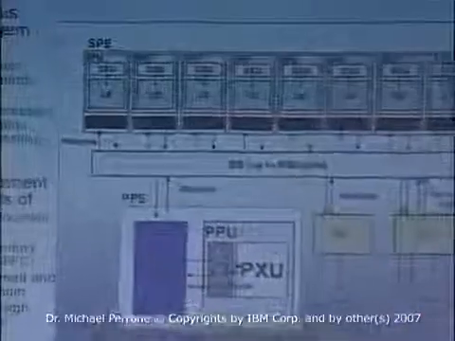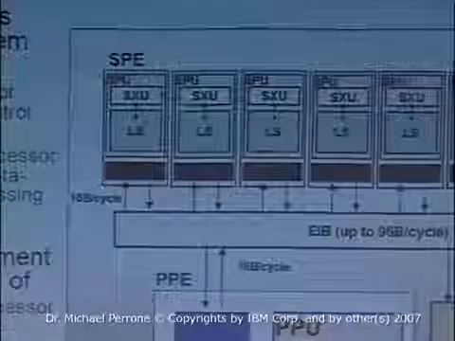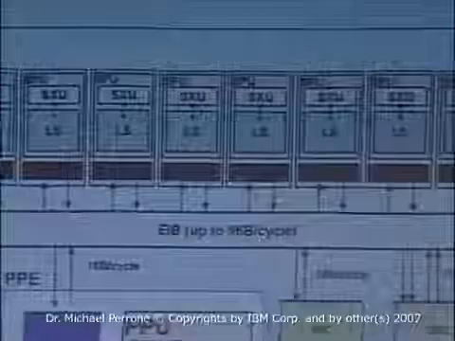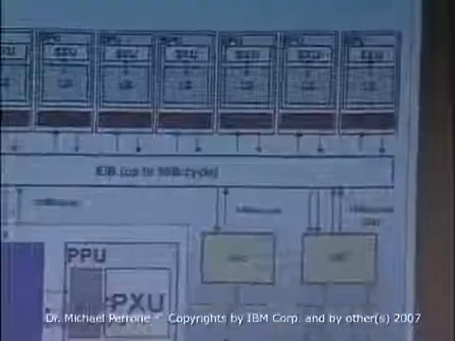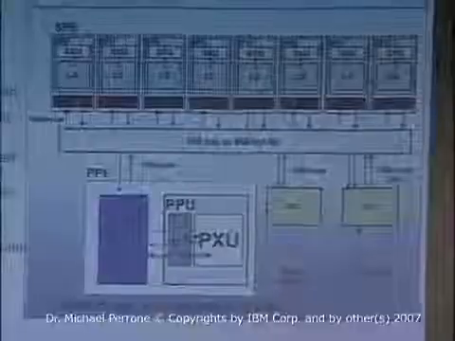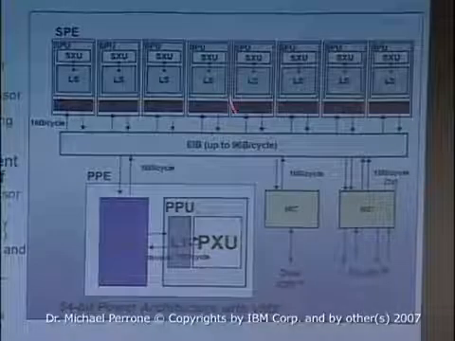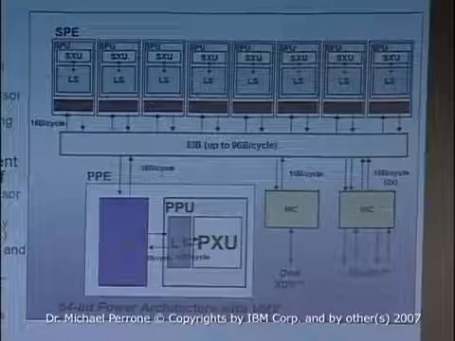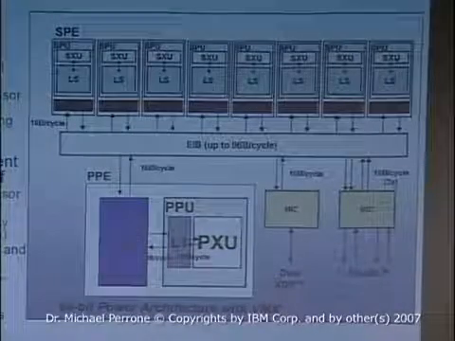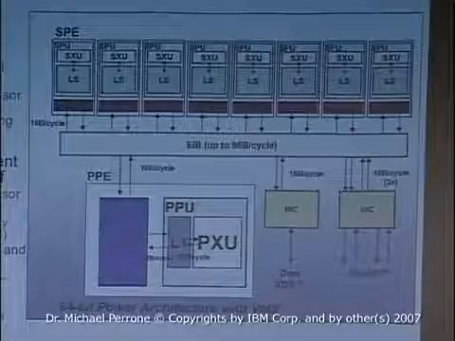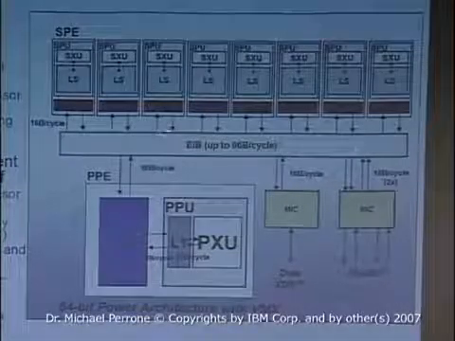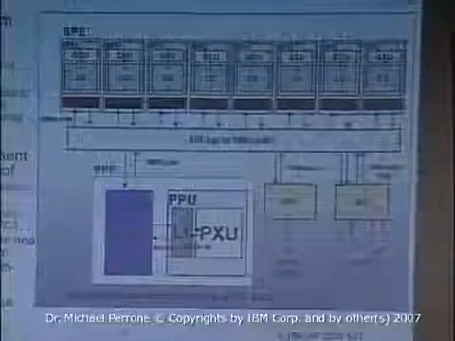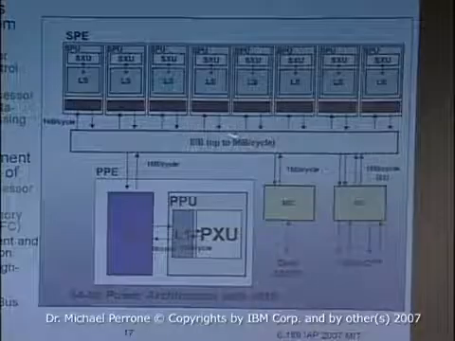So one of the interesting things about this is that each one of these is a full-fledged processor. It can access main memory independent of this PPE. So you can have 9 processes, or 10 if you're running 2 threads here, all going simultaneously, all independent of one another. And that allows for a tremendous amount of flexibility in the types of algorithms you can implement. And because of this bus here, you can see it's 96 bytes per cycle, and we're at 3.2 gigahertz. I think that's 288